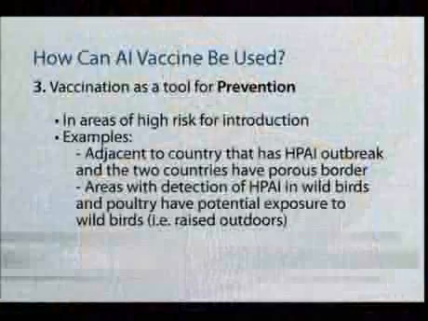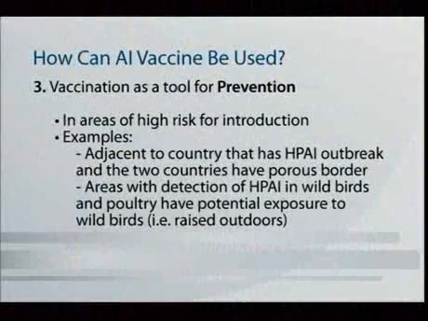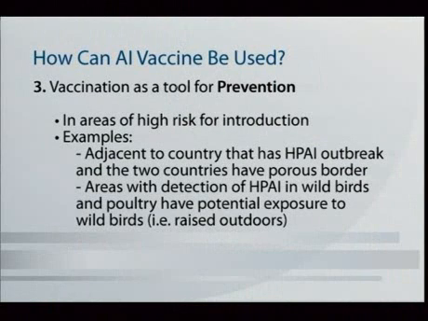Third, vaccination can be used as a preventative tool. Generally, it's used in areas where there's high risk of introduction of avian influenza. For example, it could be in adjacent countries that have a high-path outbreak and other countries that have porous borders. In this case, you would be protecting poultry populations in the free country if there is movement across that porous